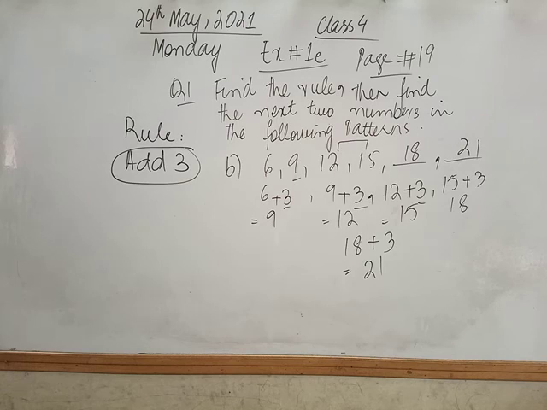First of all you have to decide what type of order it is. If it is ascending order, you simply add or multiply the numbers to make the next terms. Fine. If the order is descending, then you will simply subtract or divide to find the missing numbers. Fine. This is all. If you find any difficulty related to this, you can ask me. You have to solve question 1, all parts, in your book. Fine. Thank you, class.